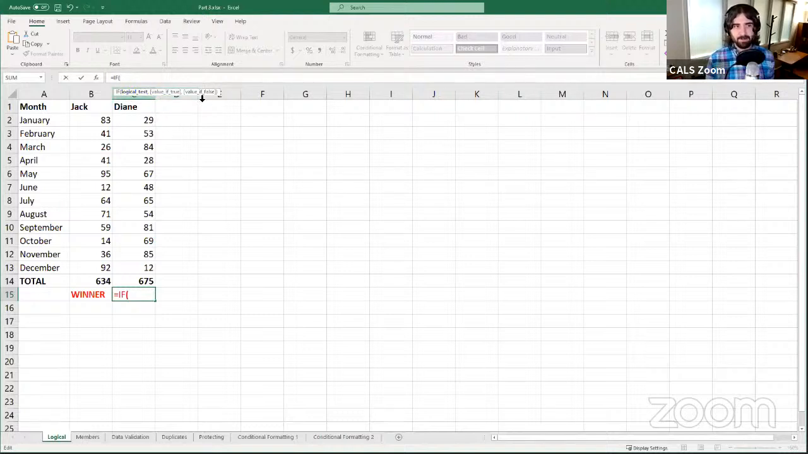when it figures out who the winner is, that's going to determine whether we use the value if true or the value if false. And that'll be the names of our participants, basically. So let's do it. Where it says logical test, what I'm going to do is go B14. You'll notice it's color coded for me up top and down here in the actual cell. So we have B14